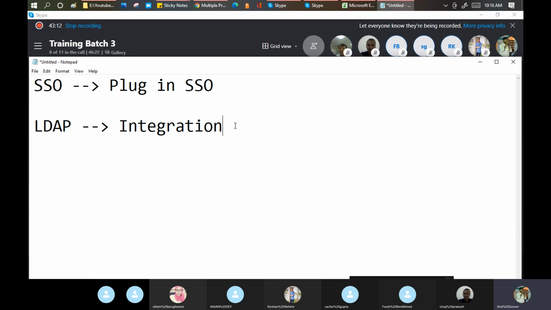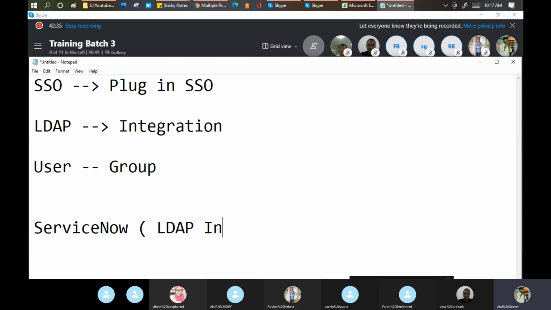So what we do basically, LDAP is the single place of truth. In LDAP, two things are important. We have a user record and we have a group record. When I bring this user and group into ServiceNow, to do that part, I do the LDAP integration.